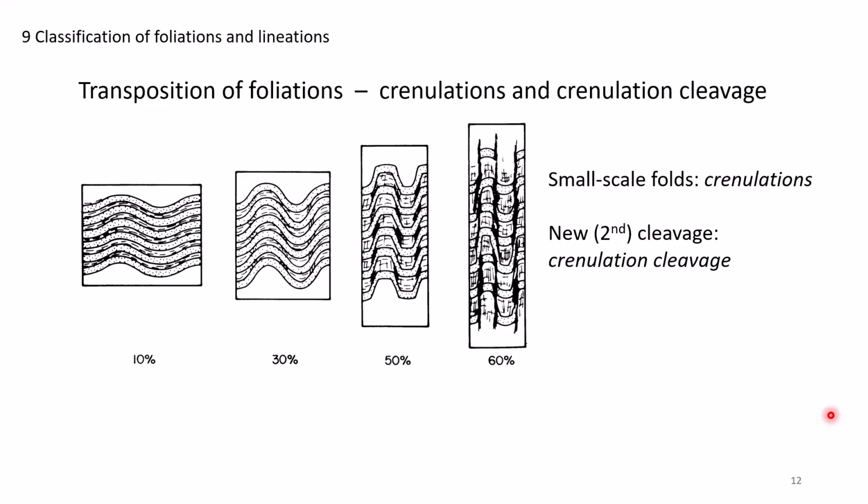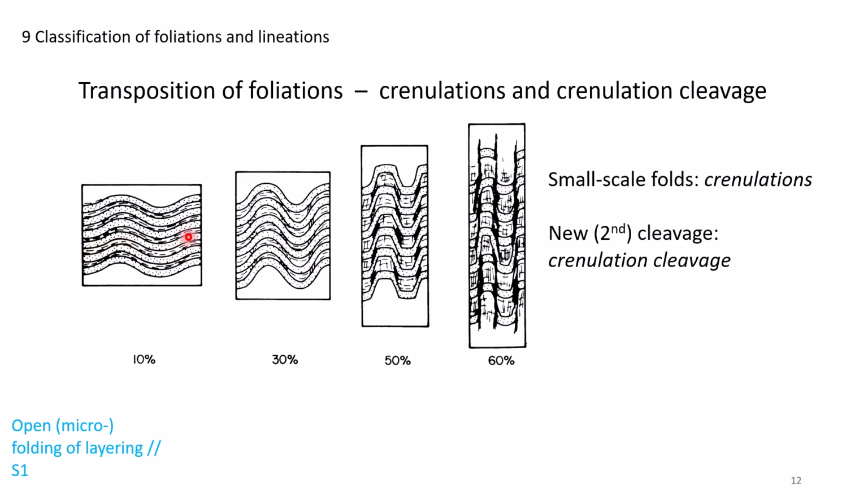So here we see how crenulations and crenulation cleavages develop during progressive shortening of an existing layering that consists of an earlier foliation with microlithons and cleavage domains that are intercalated. In the first stage, we see that open microfolding is taking place, and again, this is a feature that would be observable at probably thin section scale. So here we see these open folds, but we see still a very good separation of the first generation cleavage